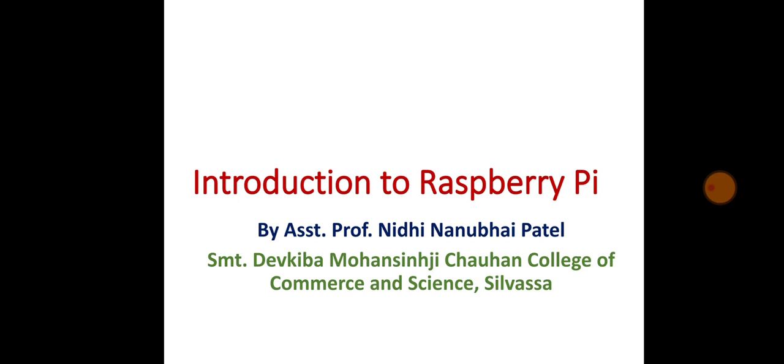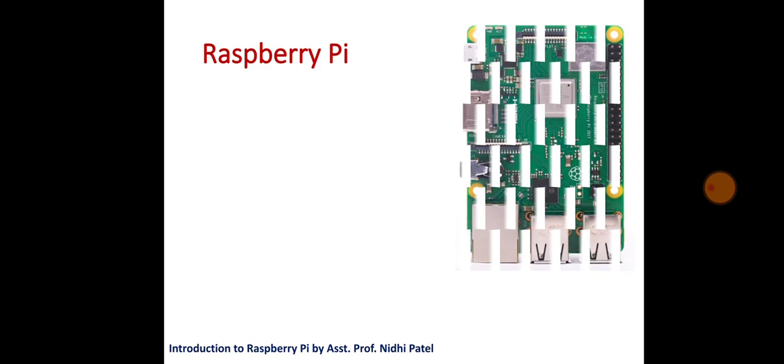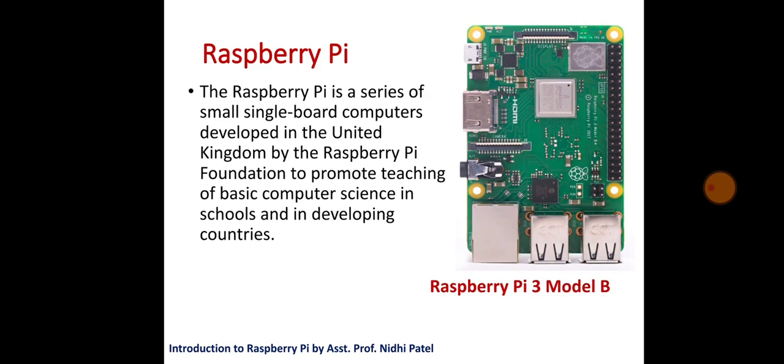Today we are going to learn about Raspberry Pi. So let's start with introduction to Raspberry Pi. What is Raspberry Pi? Raspberry Pi is a single board fully functional computer that is capable of performing almost all the tasks that you are performing with your desktop or laptop systems, like playing music, watching high definition videos, playing video games, documentation, sharing data, taking online lectures, coding, programming, and much more.